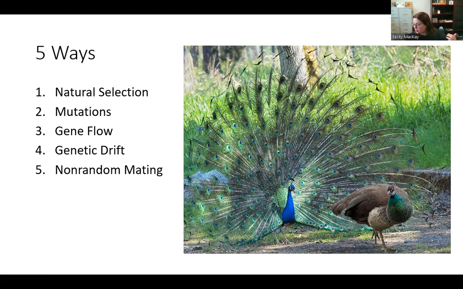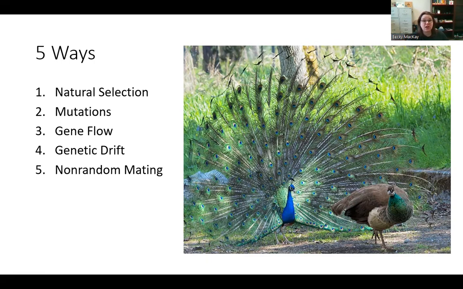You also have genetic drift, and that is when things just change gradually throughout time. So we talked about the COVID example and how the population in the world today is different than the population before because of people dying and different immune systems and stuff. And then we have non-random mating. And of course, that was when we talked about the peacocks. And the reason why there's these huge feathers is because the peahens find it very sexy, very, very sexy indeed. So that's the 5 ways that evolution occurs.